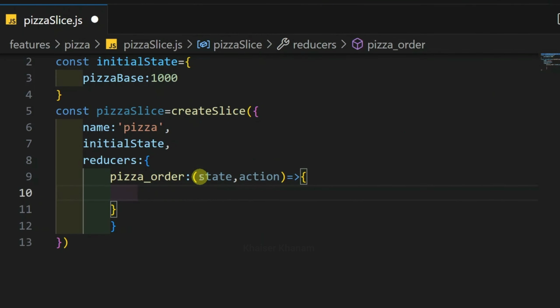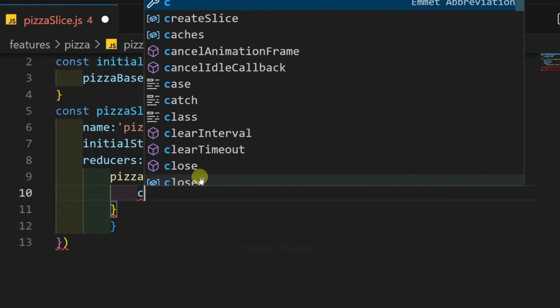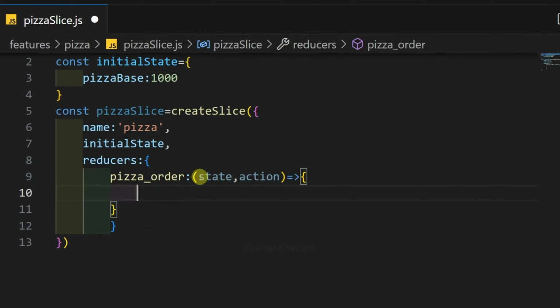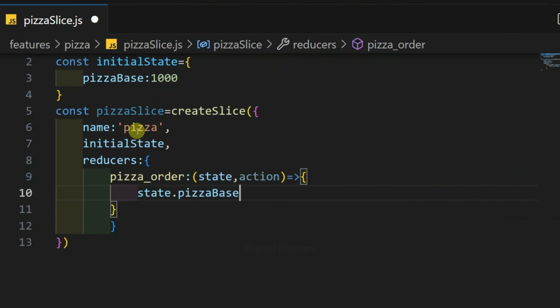If this was a Redux application inside the reducer, we were using a switch statement, then we were adding cases. Inside that, first we would have copied our entire state, and later on, whatever properties I want to update, only those properties I will be updating. But in Redux Toolkit, what we will do is directly just update the state. So here I will be writing state dot, I just want to update this pizzaBase, and whenever I'm dispatching pizzaOrder,